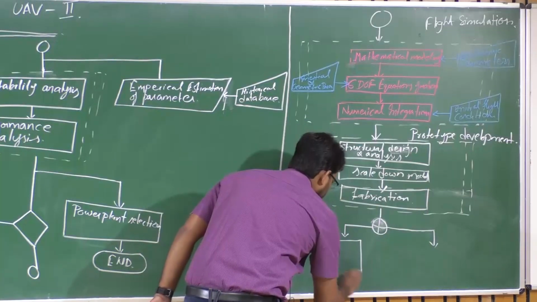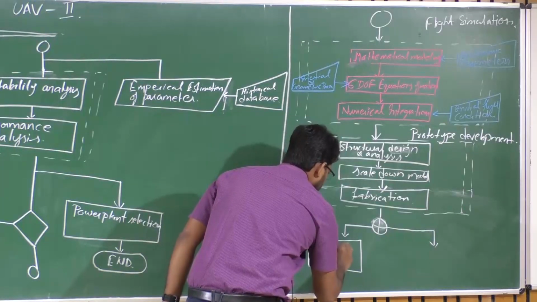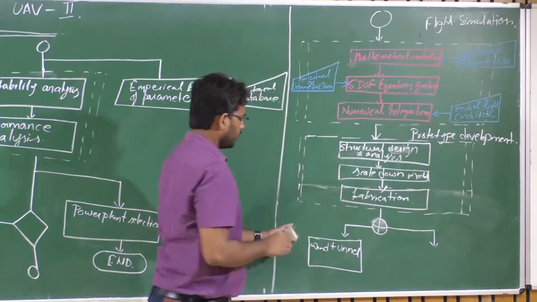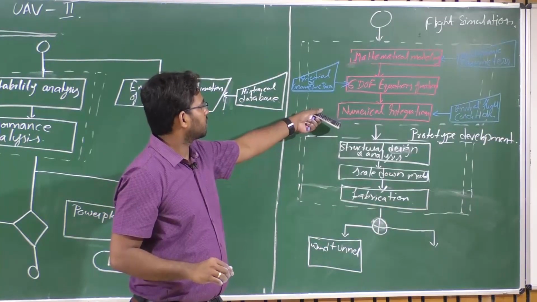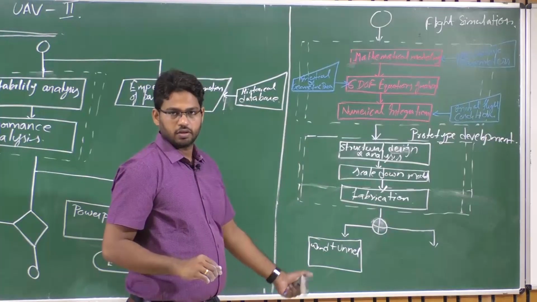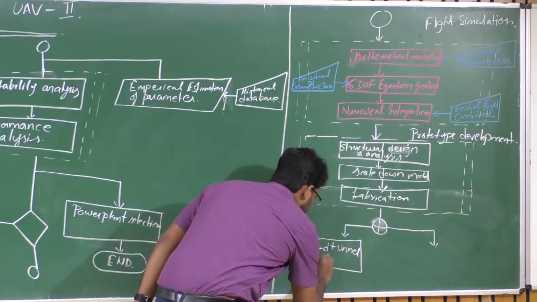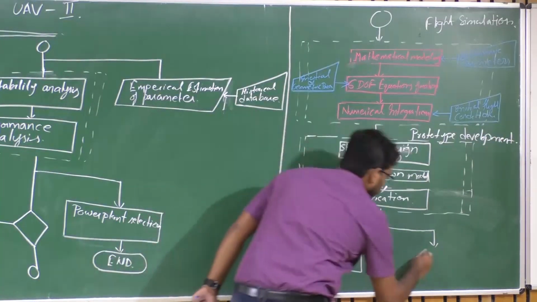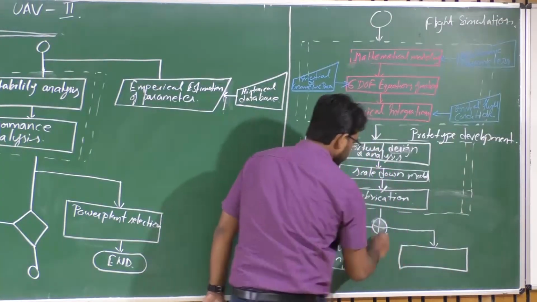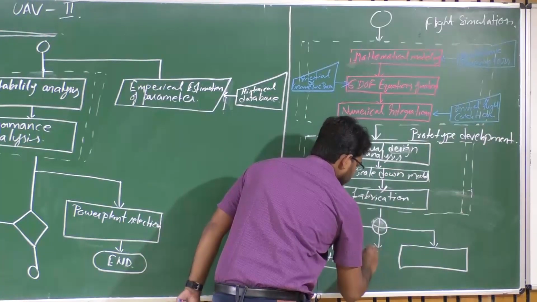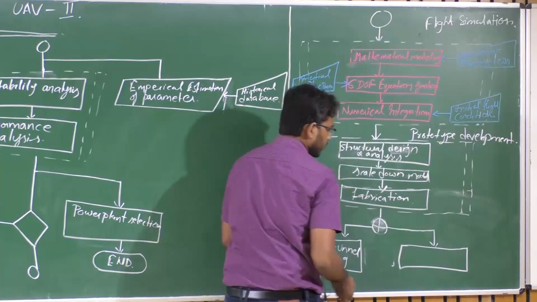you will go for wind tunnel testing. So you will do an experimental analysis, right? Once you have the design and are satisfied with the simulation results, you can go for the initial experimental analysis using wind tunnel testing. And then you can also perform scale down flight tests, right? You have the configuration. So before this, you will do instrumentation as well. When you do the flight test, you will also do instrumentation here.